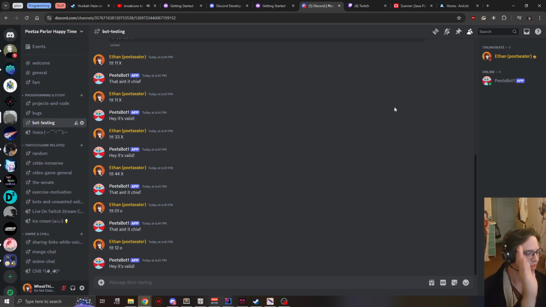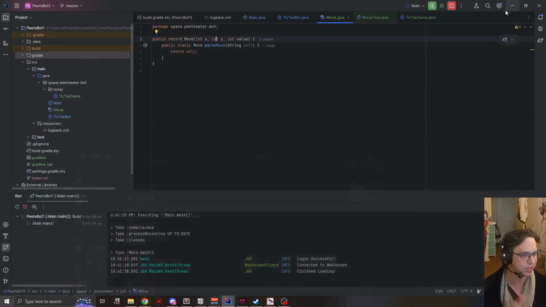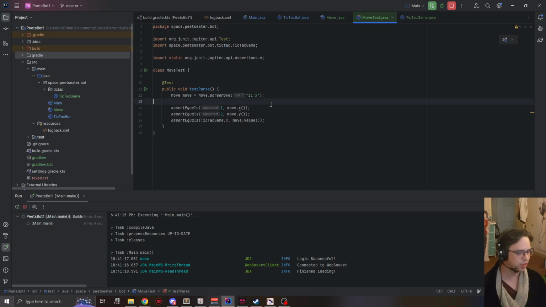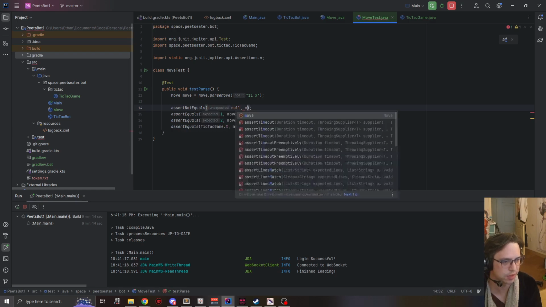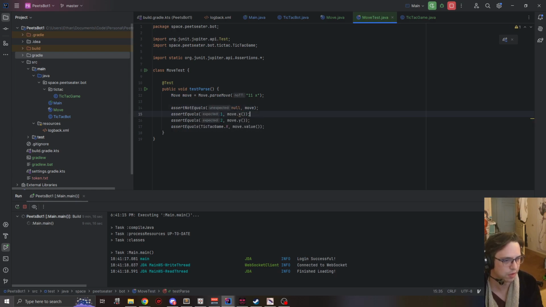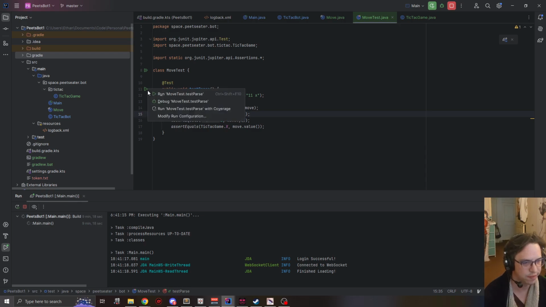I have to run the code, do a submission, and then go back, and keep looping and repeating that. It adds an extra 30 seconds every single time. Or what I can do is write code that verifies that my code does the right thing. So I'm going to assert not equals null move. So now if I run this test,